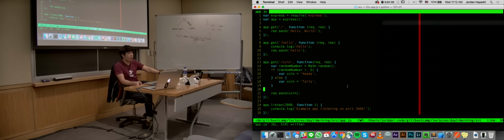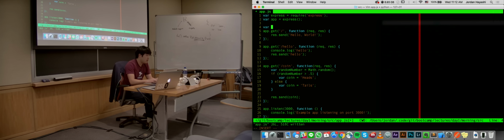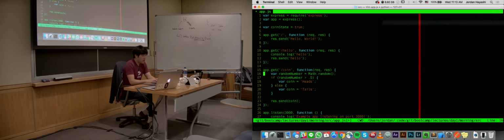Yeah, so we have to store the state of the coin outside of the function. And so let's throw it up here. What might we want to store it as? What are the possible data types? What would be the most efficient data type? Boolean. So let's go ahead and store it as a Boolean and say, at first it's going to sit at heads, and we'll call heads true. And so now what does app.getCoin change to? So coin will be the get state of the coin. So we can say